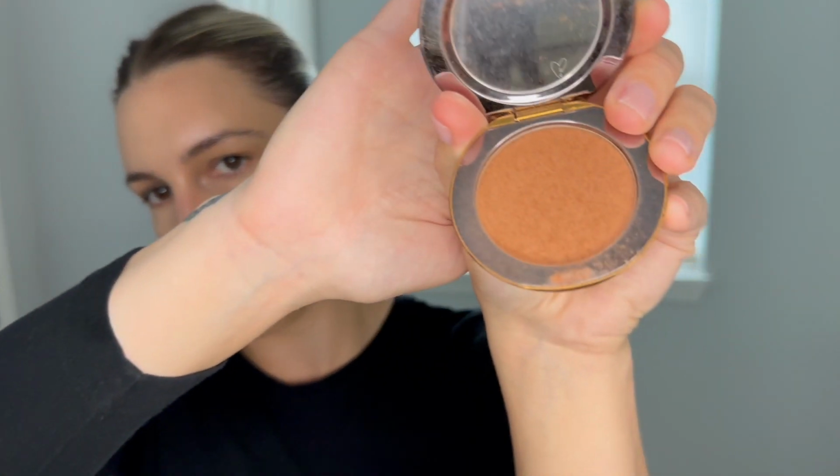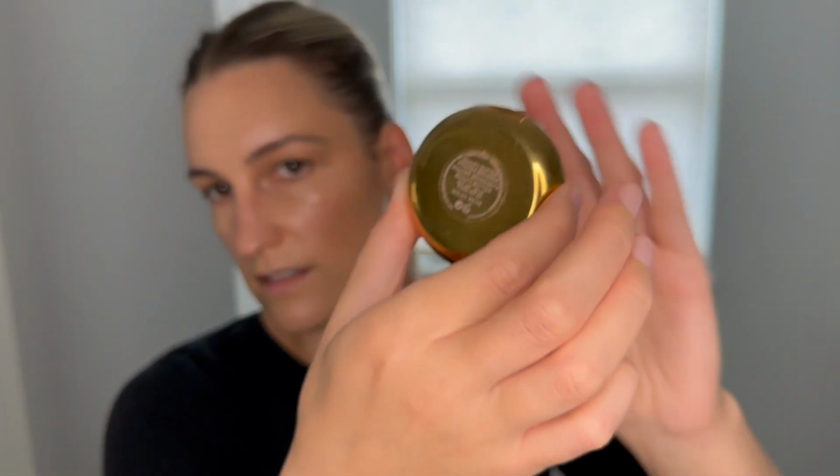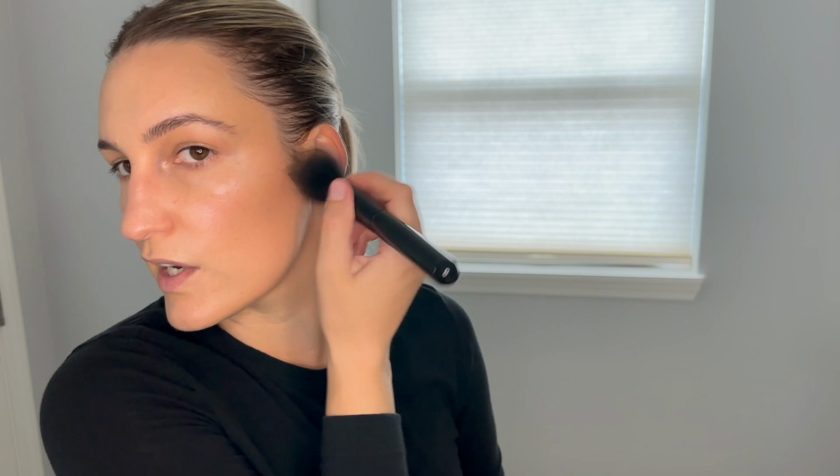So if you want to take it a little step further, you can go ahead and use the Beauty Butter Bronzer. It's a powder bronzer. It retails for $78 and it comes in three shades. I have it in shade Soleil Riche. So what I do is I just go in with my little handy dandy Chanel brush, dab it a tiny bit here, shake some of the excess out in your sink or whatever you're working with, and just very lightly